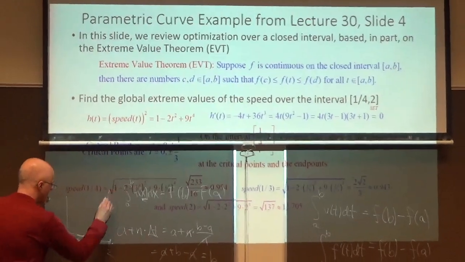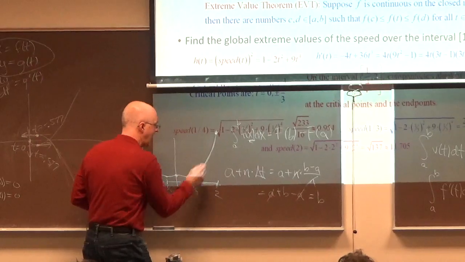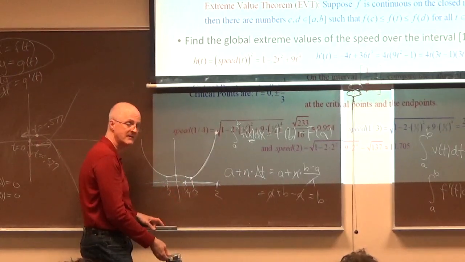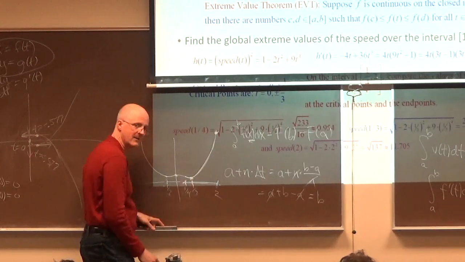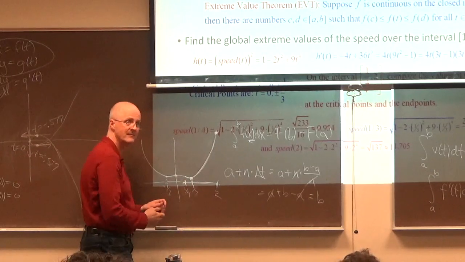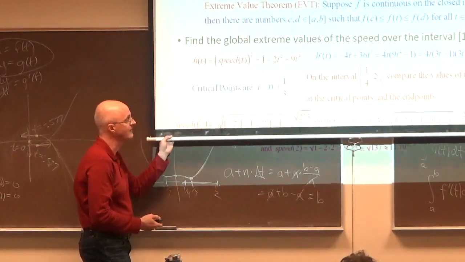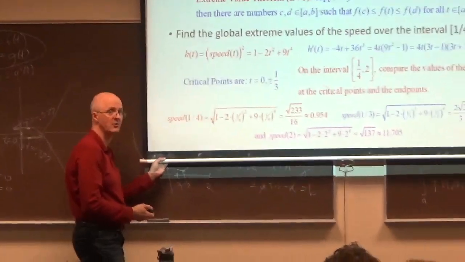On this interval, the high point is right there, the low point is right there. The high point happens to occur at the right endpoint. The low point happens to occur at that local min. The local min is also a global min. So this was just meant to be a brief review of that. It is something you should know for exam